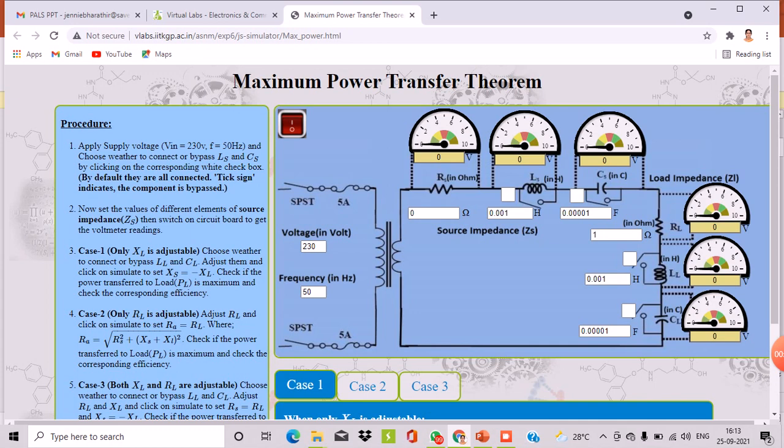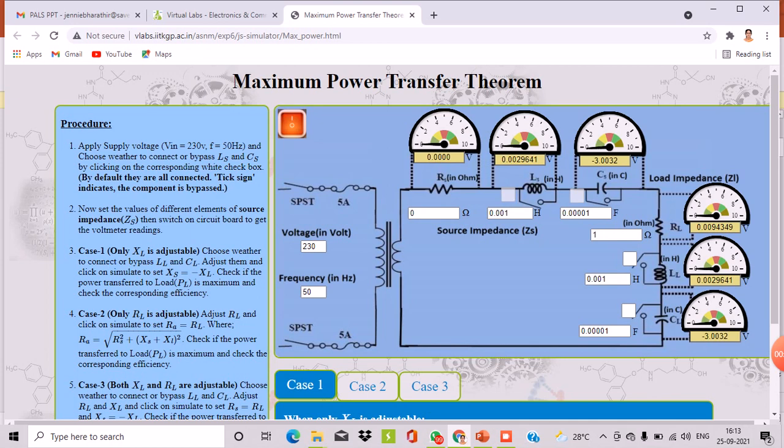I assume 1 millihenry here and 10 microfarads here. In the same way, I have assumed LL as 1 millihenry and the CL value as 10 microfarads. I have mentioned the values here, and now we'll switch on the circuit board.